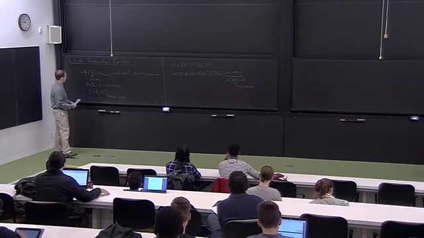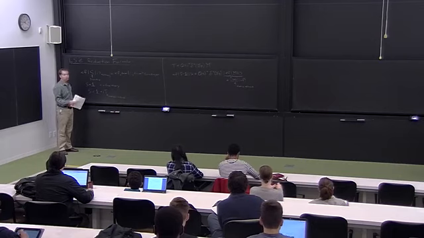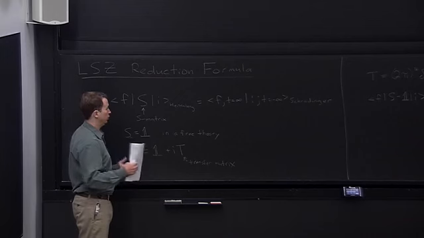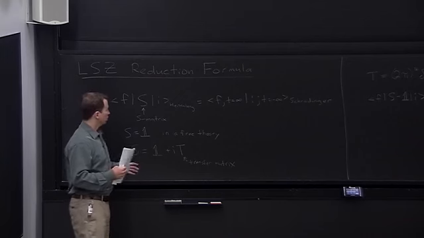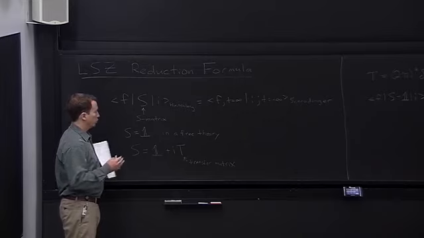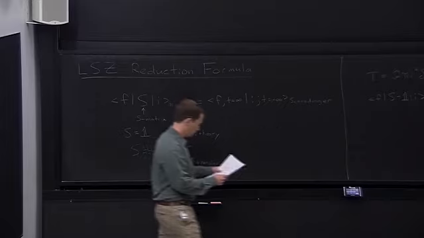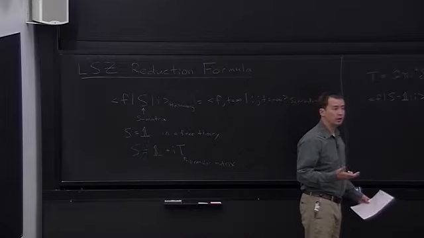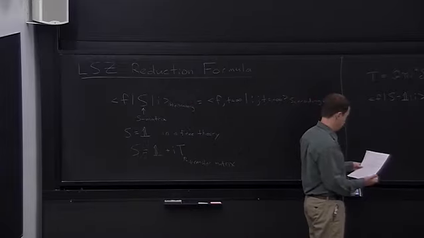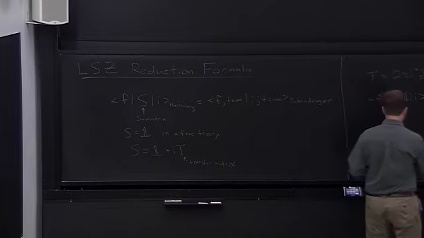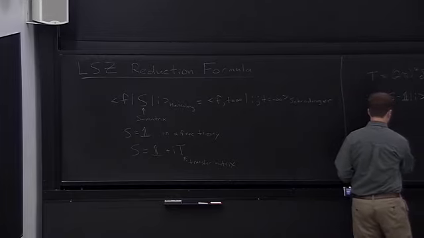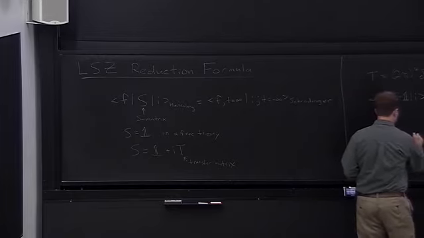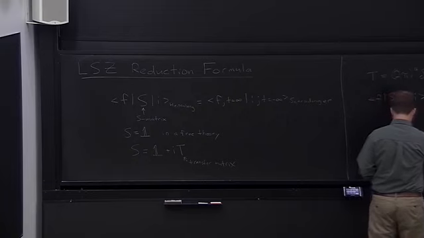But we can still set up initial states where we've got two particles that come in with some momentum and approach each other. So if we want to set up a state like that, we should use a wave packet. So in the free theory, we can define a wave packet